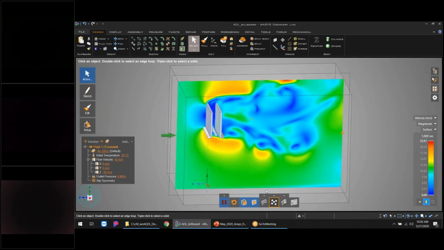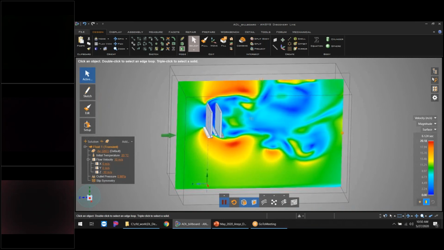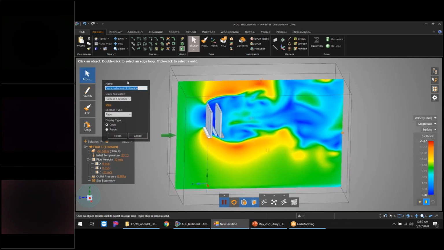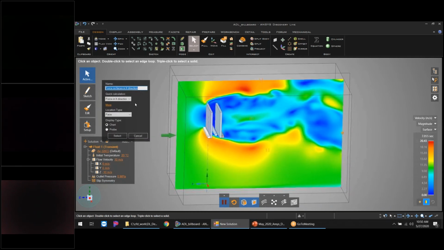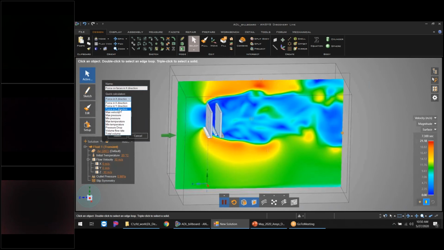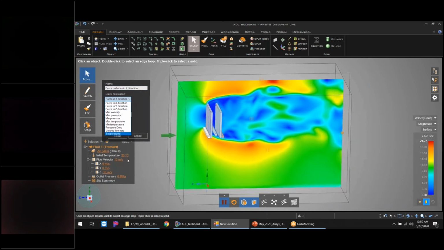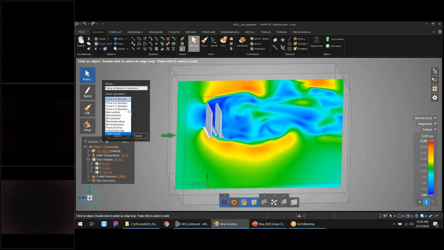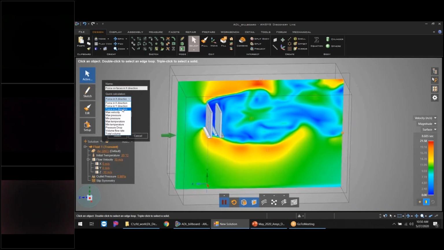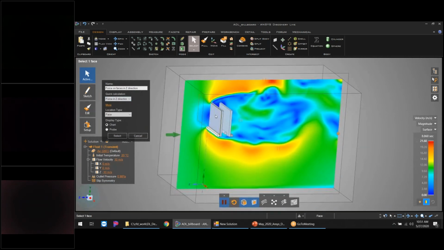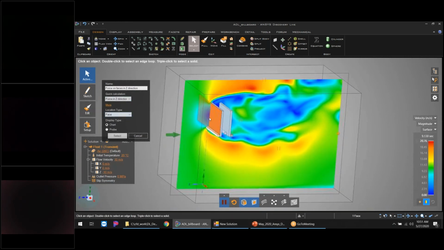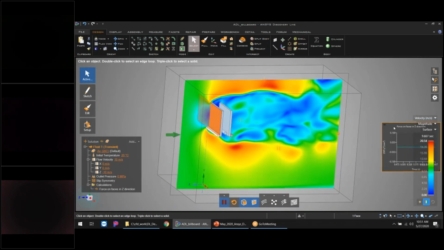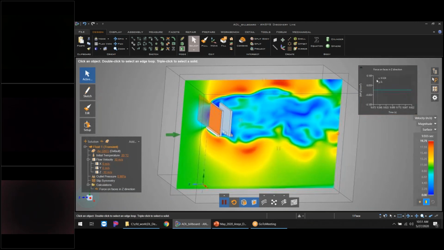We've got all the same tools back here, which are really cool. But what I want to do for this one real quick is show you one of the quantitative tools. We actually have a calculator, which is like a probe, if you will, or some sort of extraction of value. I'm going to pull out this force in the Z direction. The Z direction, if you can see in the bottom left-hand corner, is our flow direction, and it's going to be in the negative because we're going from left to right. So I'm going to hit force in the Z direction. I'm just going to grab this face right here. Oops, hit select. I'm going to grab that face right there, hit the checkbox, and I get a nice sort of interactive chart.